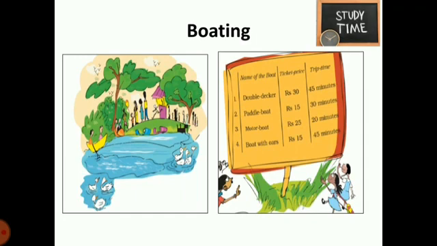Next, now they have reached the lake. It was a very big lake with a small island in it. The lake looks very beautiful. There were a lot of ducks making a loud noise. Some children gave popcorn to the ducks. It is time for boating. They have to choose which boat to take. There were different kinds of boats. Each has a different ticket price and different trip times. So children were discussing which boat to take. Here the name of the boat, ticket price and trip timing is given.